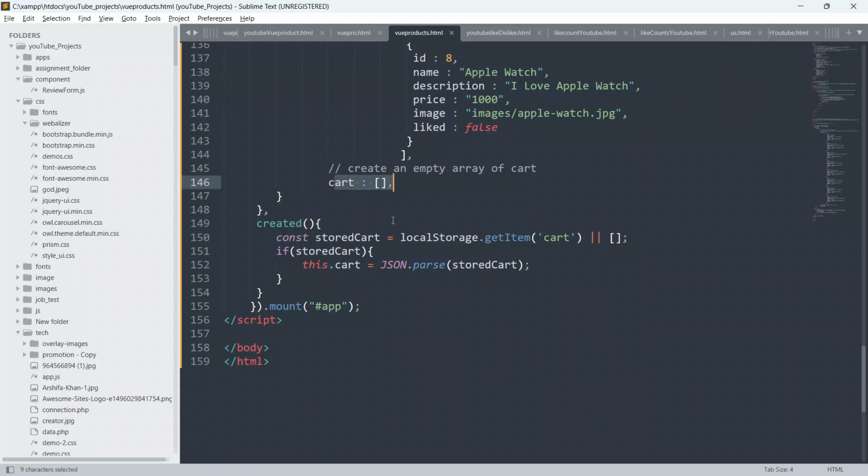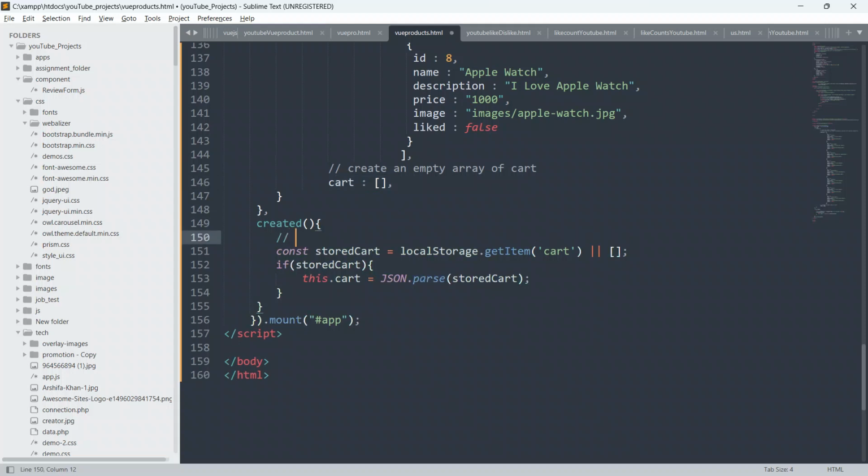I will also write a comment below this for you guys: load cart items from the local storage, if available.